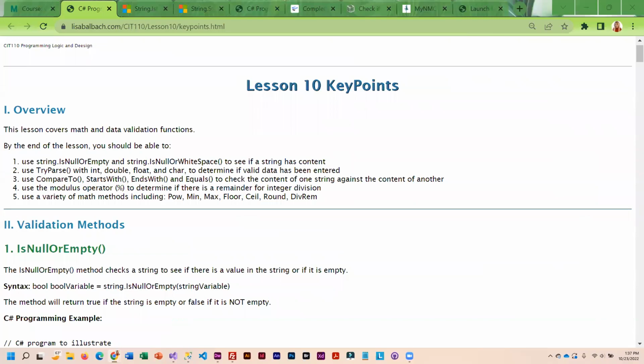This week we are covering input validation, and we're going to be using some string validation methods, and we're also going to be using some math methods. In addition to that, we are going to be taking a look at the modulus operator, because that will tell us if we divide two numbers, integers, whether or not there is a remainder. That is what the modulus tells us. So we're going to be taking a look at all of those, and we're going to start with some of